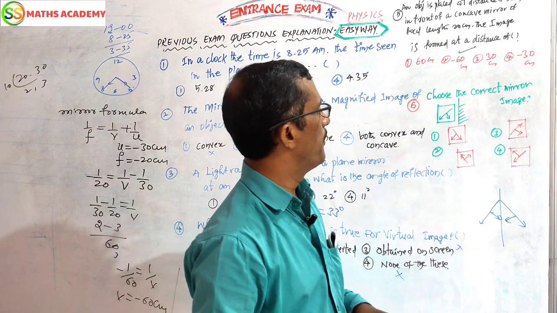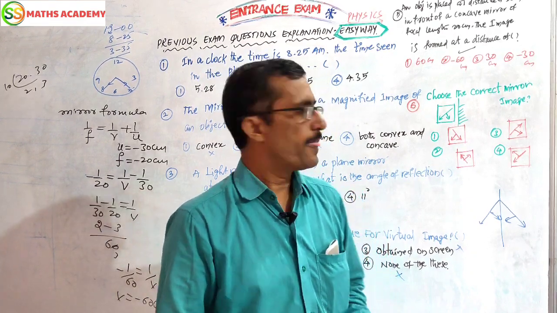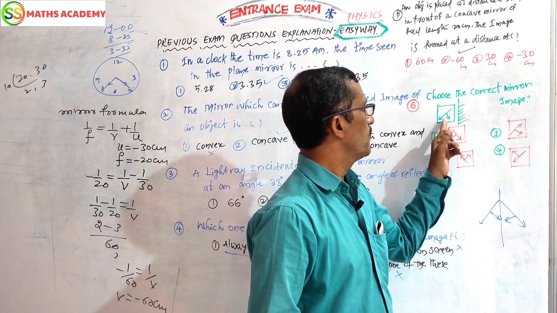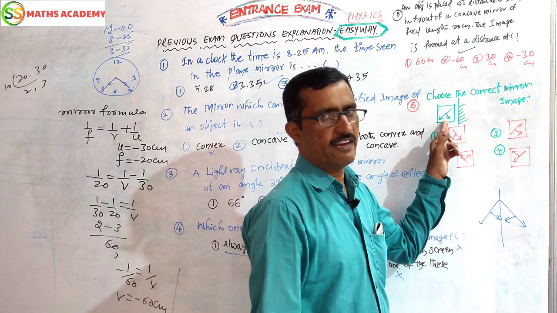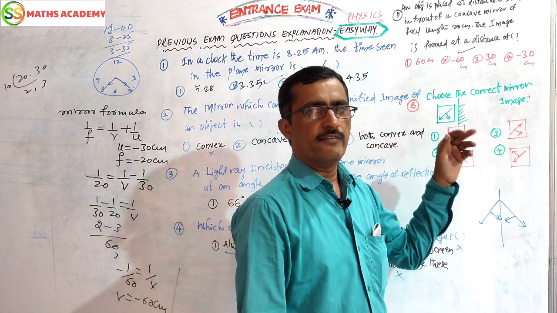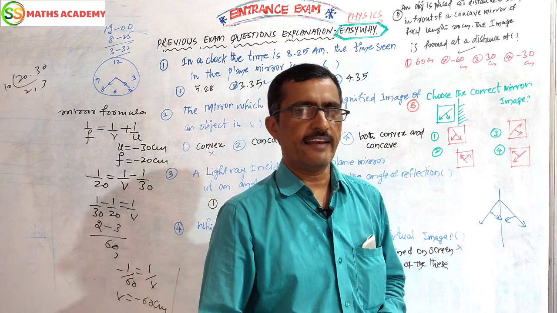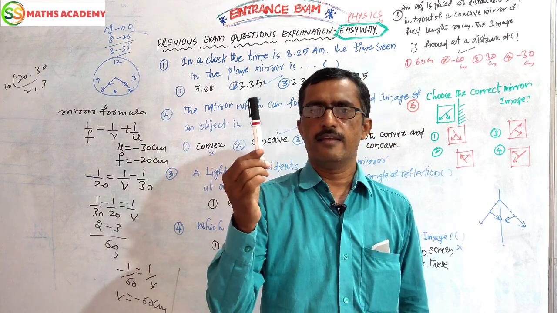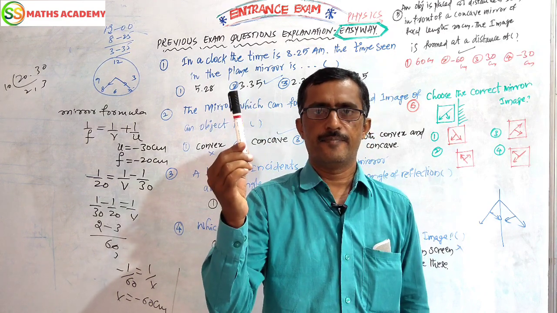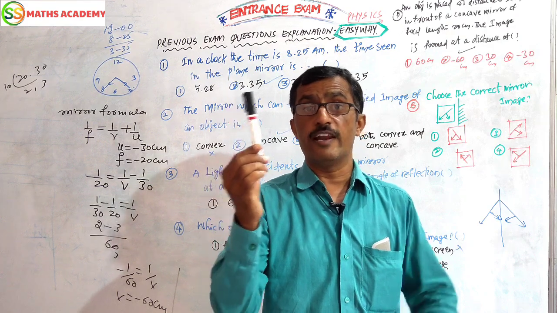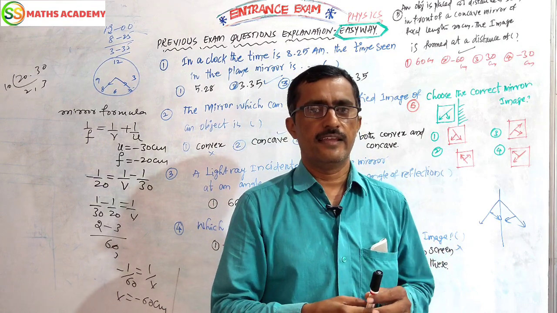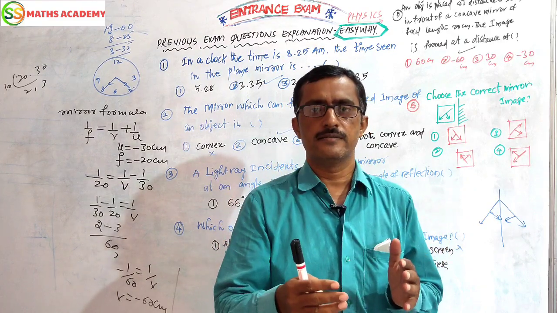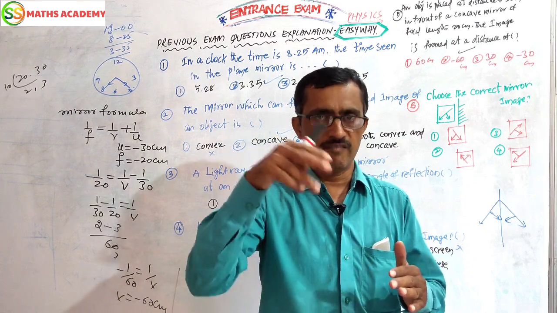Next, choose the correct mirror image. Generally the question is given like this, you see. This diagram is given. So what is the relevant answer? We have to find the relevant answer. Children, we have to know the meaning of lateral inversion. Suppose when you stand in front of the plane mirror, suppose a pen is in your right hand. The pen appears in your left hand in the image. So the left side of the object goes to the right side in the image, and the right side of the object goes to the left side of the image.